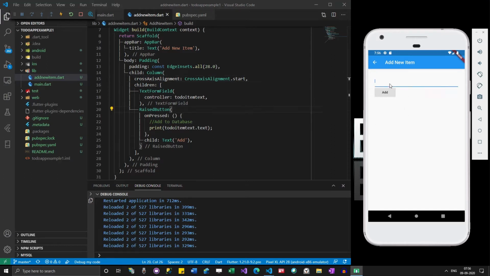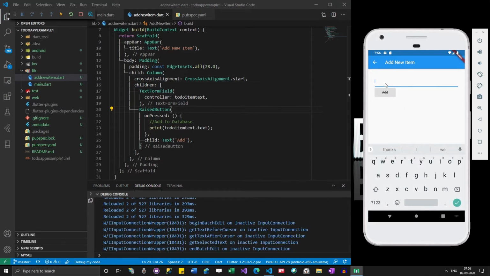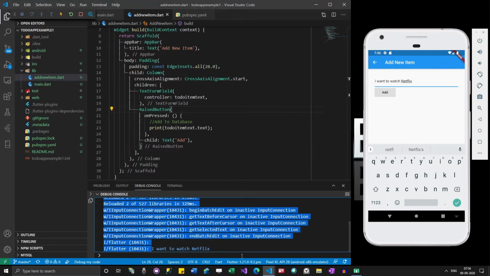Whatever we type here and click on add, it's going to pick it up. I want to watch Netflix, and then just click on add, and you can see that the text is now being captured.